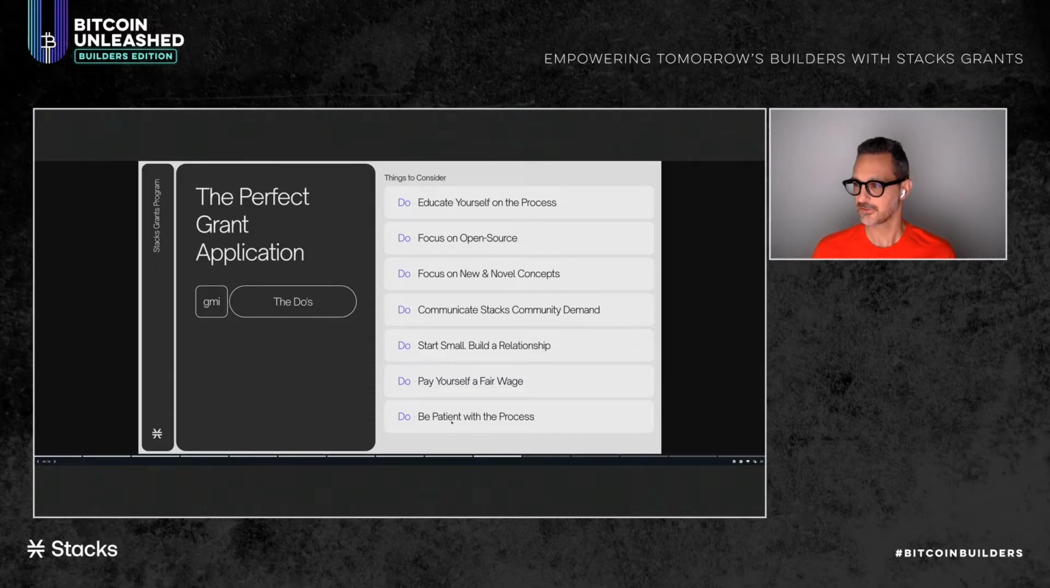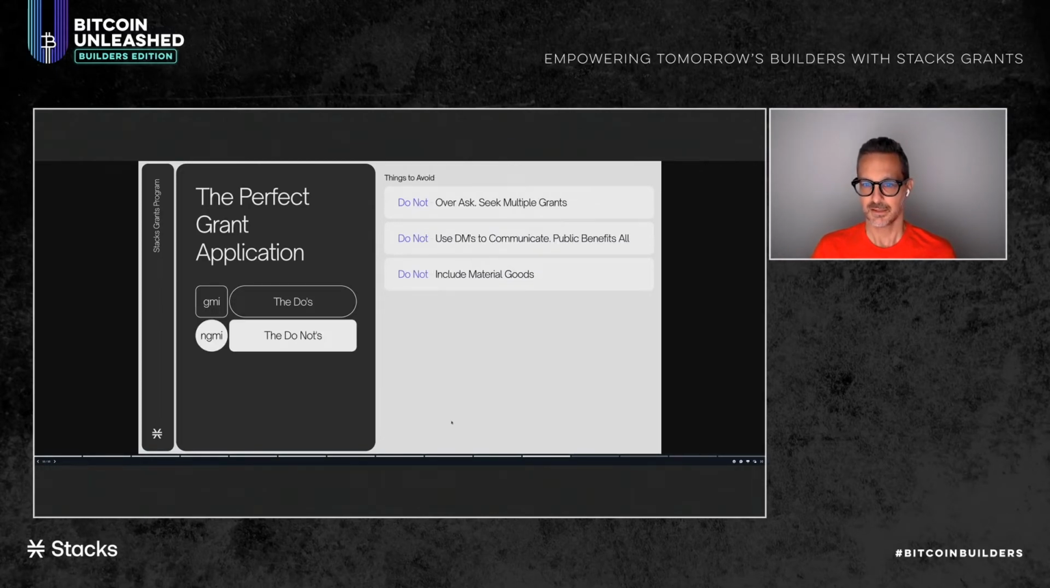Make sure that you're engaging the community and making that demand be known. We encourage you to start small. We like all first-time builders or first-time grantees to first be awarded a grant for up to $25,000 before we'll entertain larger grants. Make sure that you are paying yourself a fair wage, but think about the hours and the total budget that you're asking for, and make sure that it pencils out. And again, we don't want to sort of award too large of a grant at first. So let's build a